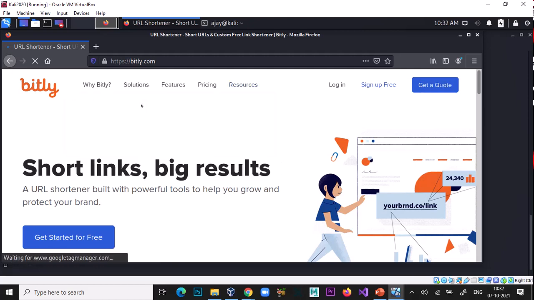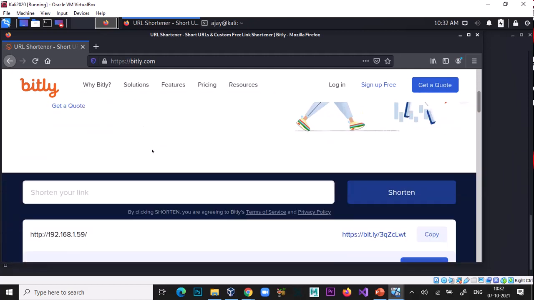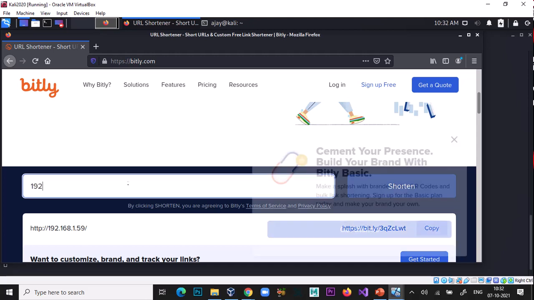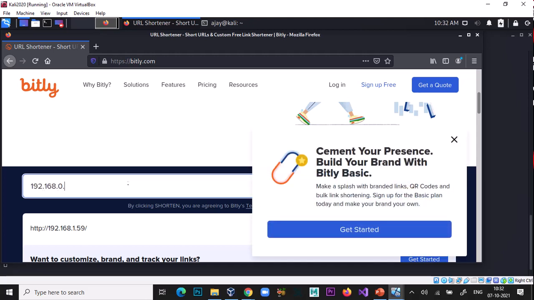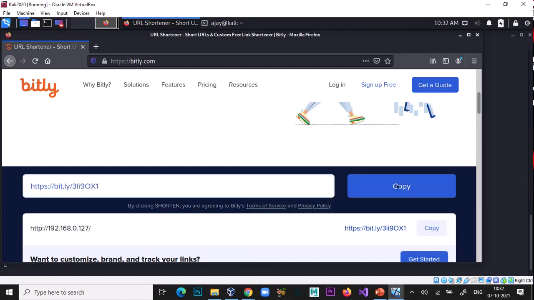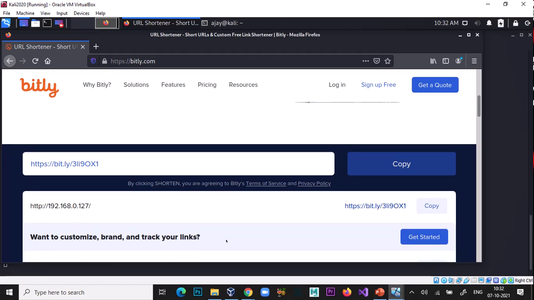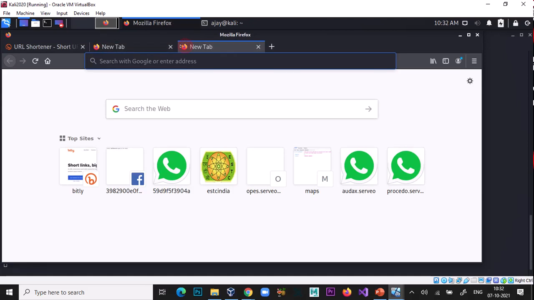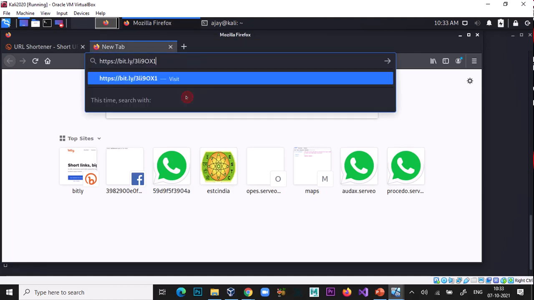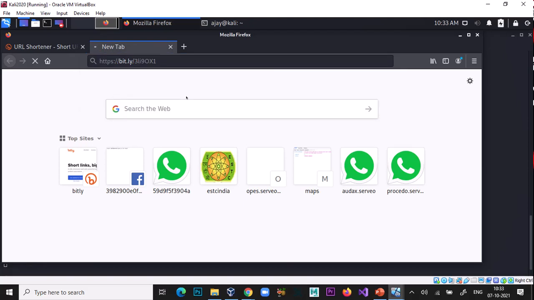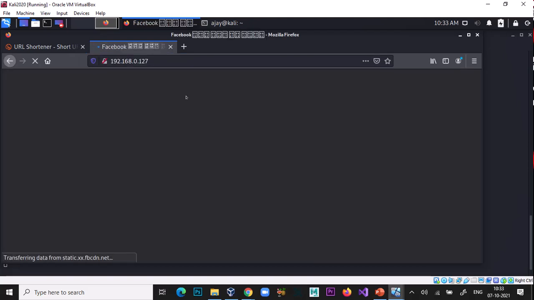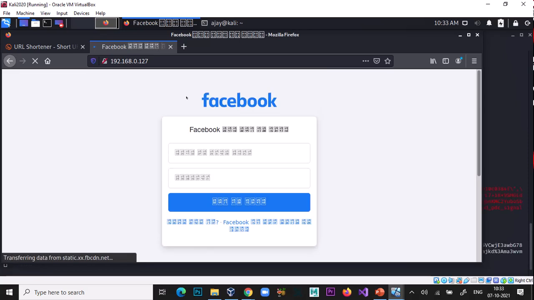And if you are okay with the IP address, then you can directly send that IP address to your victim. Just check by pasting here and pressing enter. So this is the Facebook page.